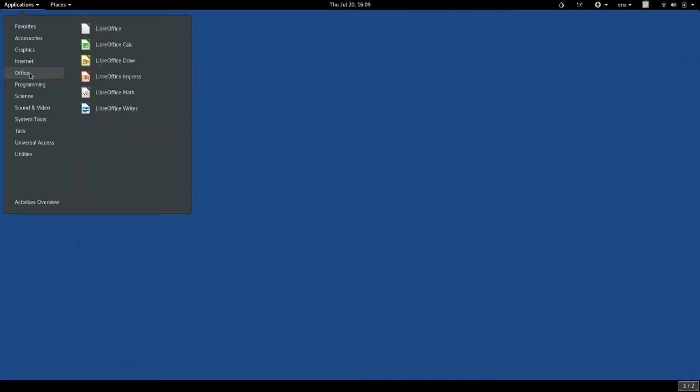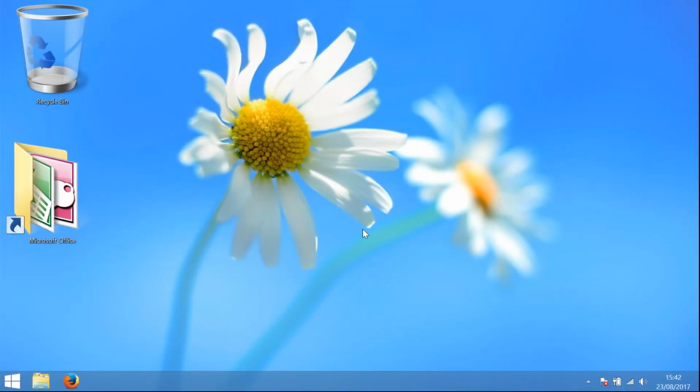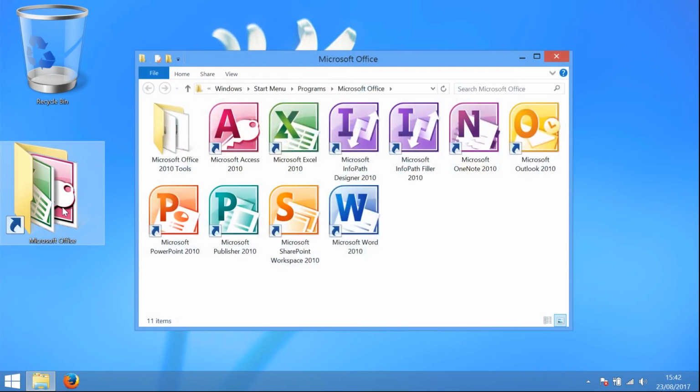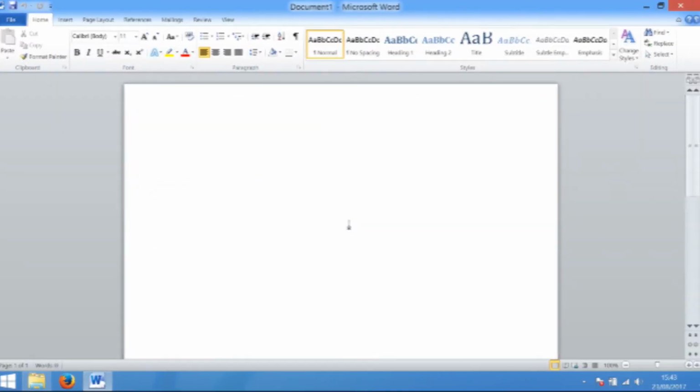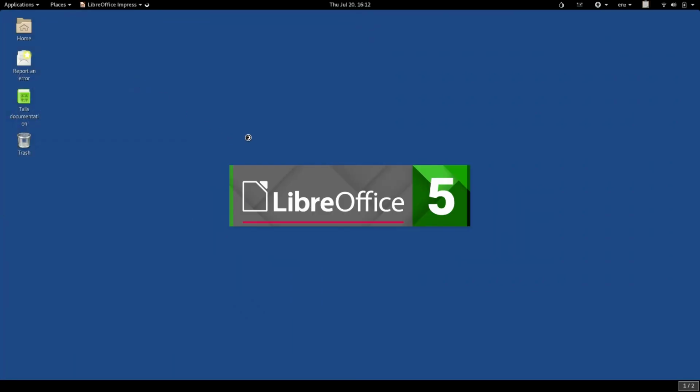Naturally, one of the applications you will most want to use to get work done is the Office suite. Most people are used to using the Microsoft Office suite. Because this is proprietary, Tails does not include Microsoft Office, but it does include an almost identical Office suite called LibreOffice, which is written entirely by volunteers and which comes at no cost whatsoever. If you know Microsoft Office, LibreOffice will be instantly familiar to you. Only the more advanced features on LibreOffice differ significantly from Microsoft Office.